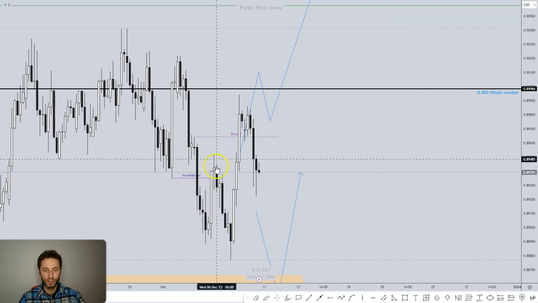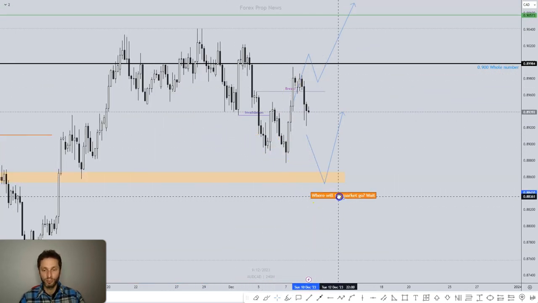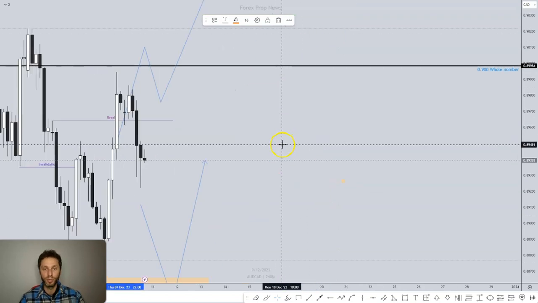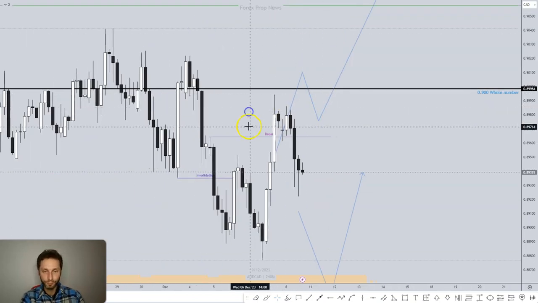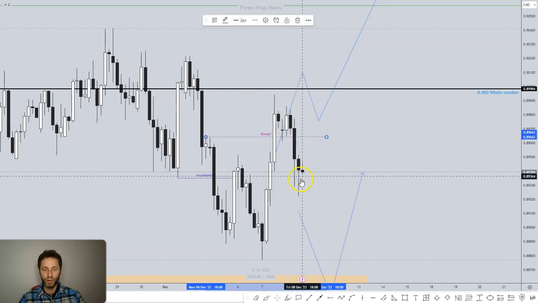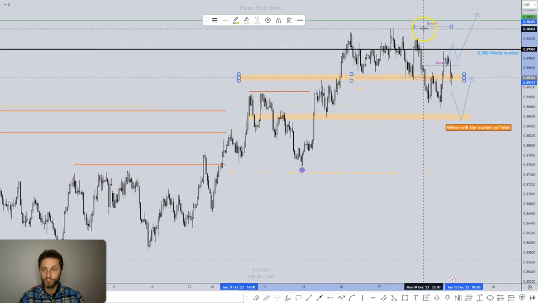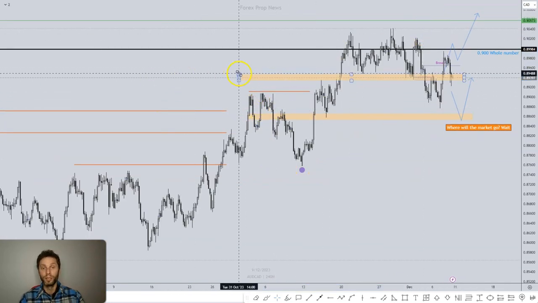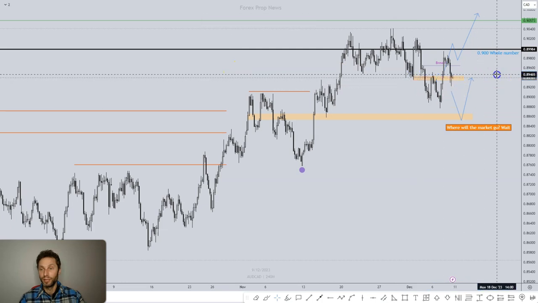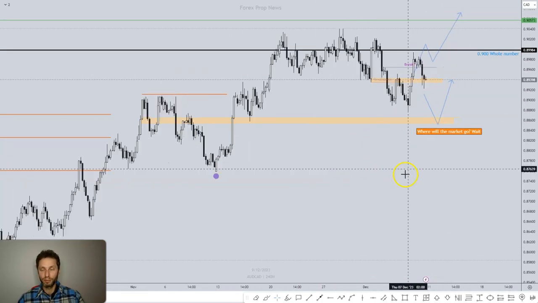Aussie CAD, another scenario. This was an interesting one because we looked at this lower price, asking ourselves where the market is going to go, or the higher price. What we ended up with is this break of the structure here. We have now come back into a better price, and it looks interesting now. But the issue is that we are at the end of the week, reaching into the weekend, and it would have been interesting, but again,